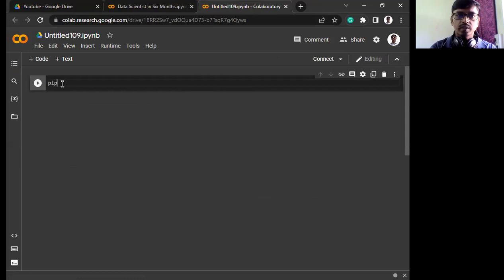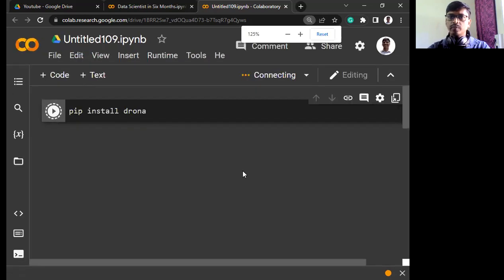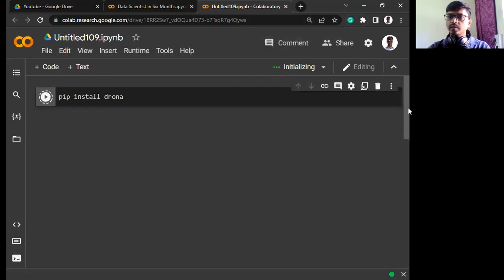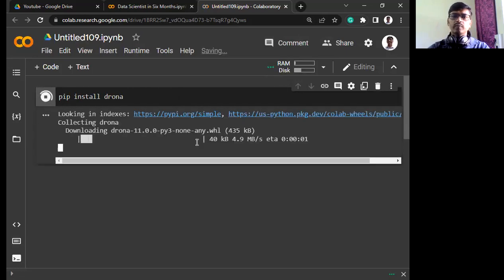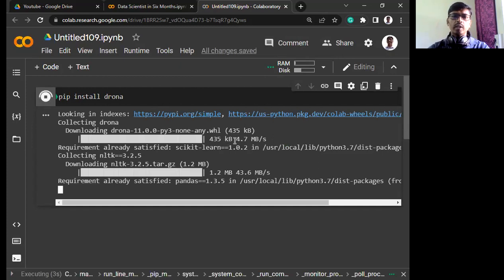Just write pip install drona, then either run it from here or by pressing shift enter. Let me zoom it a little bit so that you can see it clearly. It will not take much time for installation. Yeah, it's installing,